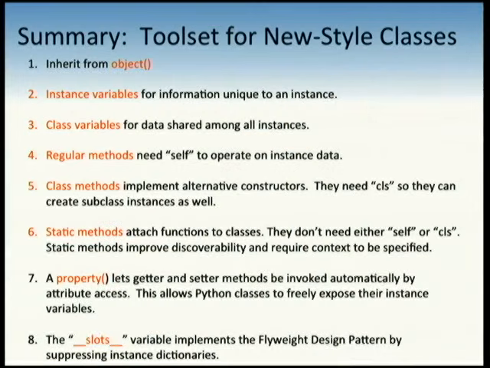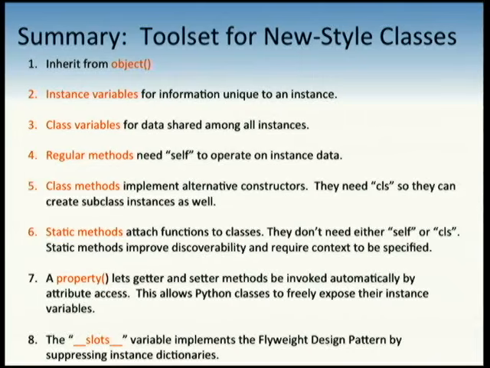All right, the summary. This is our toolkit. What do you need to inherit from in order to get all these other things to work? Object. I said all these other things. It turns out those double underscores. Did I leave the double underscores off the list? That's because I was out of space. I will add double underscores to the slides before you get them. But the double underscores will work even on old style classes.